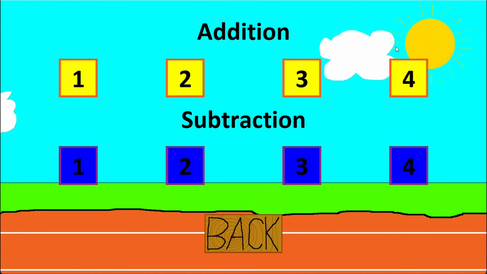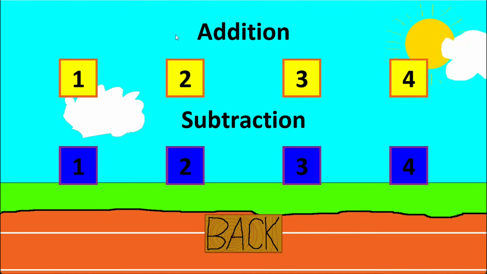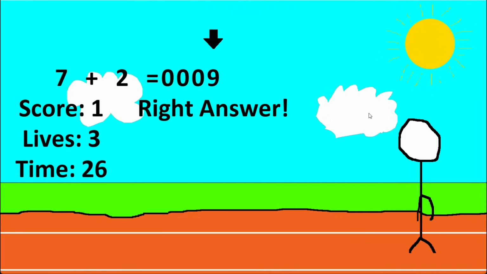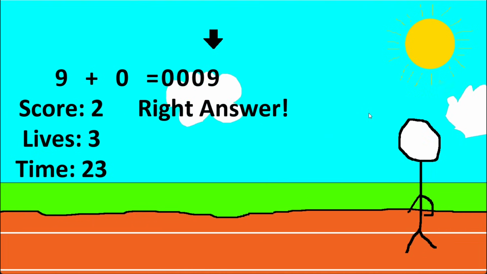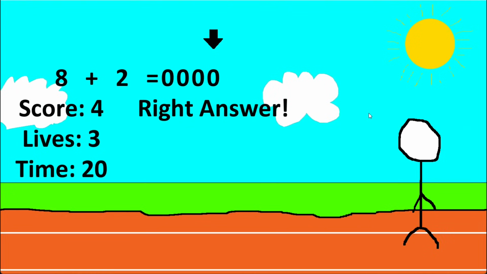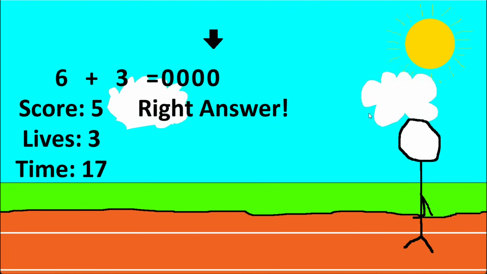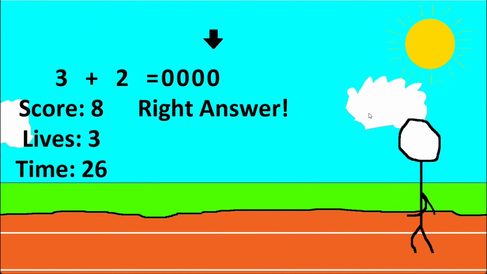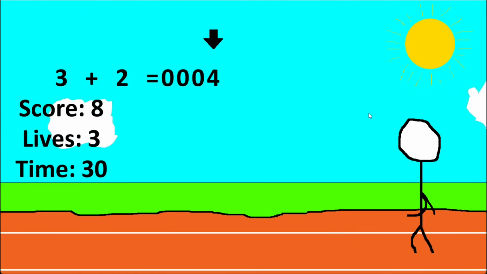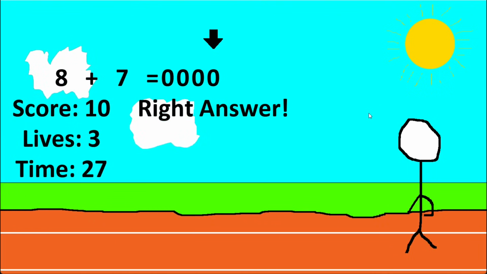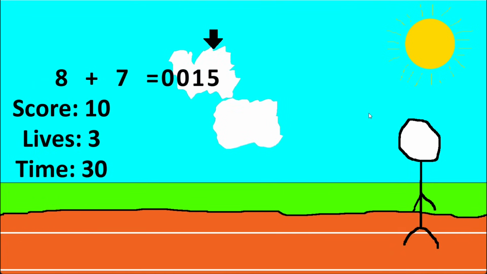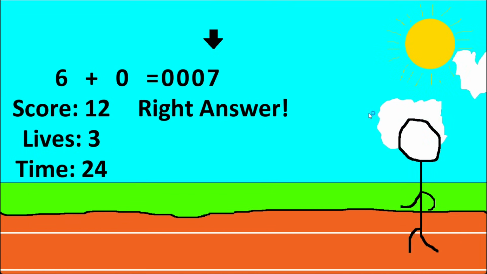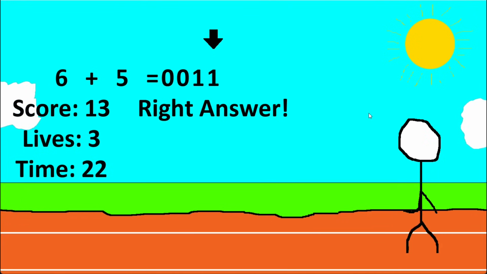There are 4 different levels for both addition and subtraction. I'll start with addition level 1. You have a little stick figure running around, and that's really all there is to this game. Just solving math problems while your little stick figure runs on the track. It's nothing much, and honestly, I'm kind of expecting it to get overshadowed by the releases a lot of people are really invested in. But hey, like I said, we all got to start somewhere.